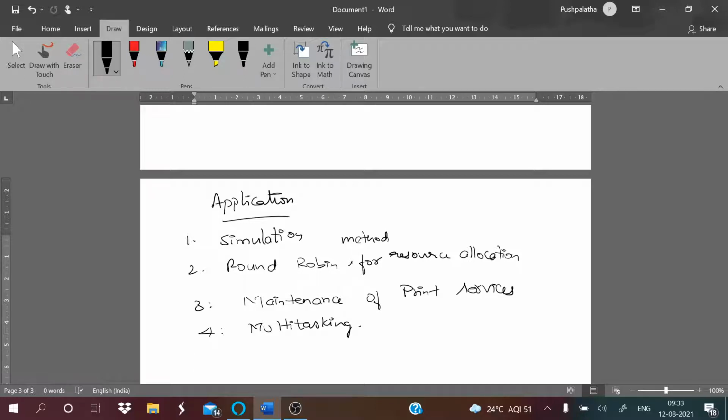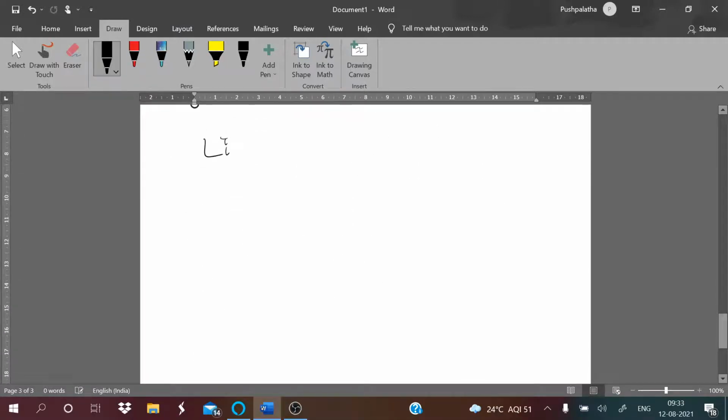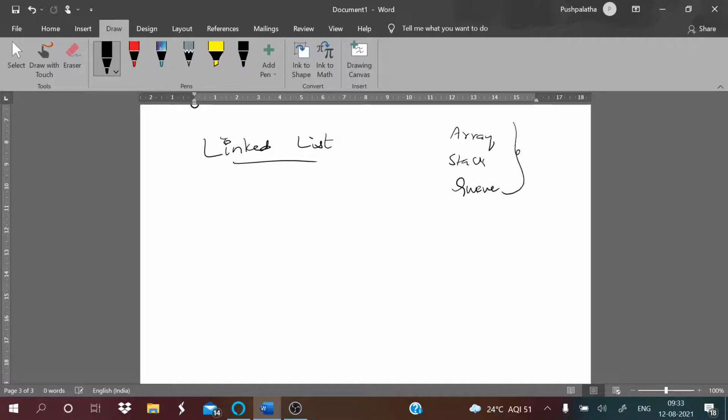So all this is about your linear data structures. And we have one more that we are supposed to do, that is the linked list. Now what do you mean by linked list? Linked means, for example, as we said, your arrays, stacks and queues are nothing but static structures. Now what do you mean by static structures? It means we have to declare the space that we require in the beginning itself. In the declaration part, when we say integer a of 100, then we are reserving 100 spaces in memory for storage.